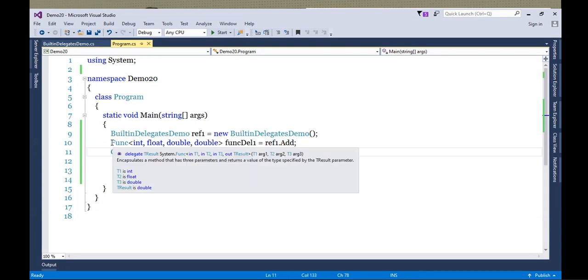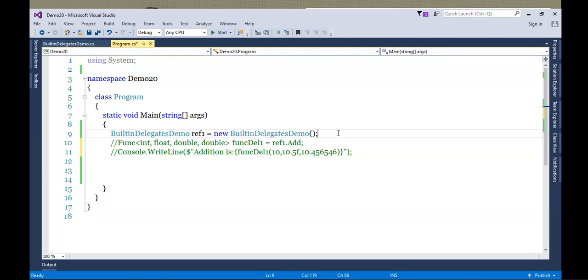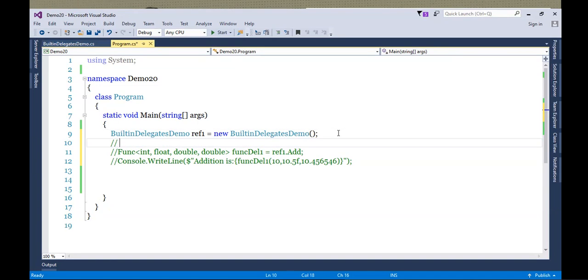Right? So how will you do that? Let's watch. Now you can combine all the concepts together. Okay. So here I'm giving the comment: use of Func using delegate. Next, use of Func using anonymous method.